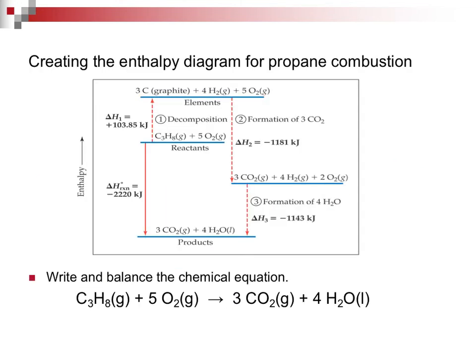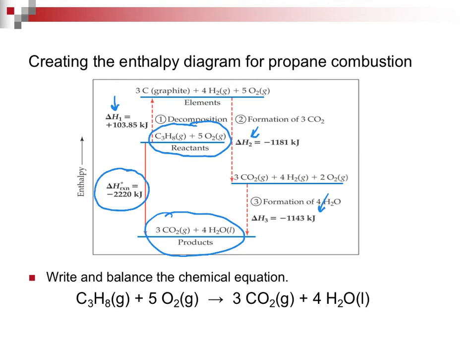What I want to finish up this chapter with is the reason why we did it. Remember in the beginning of the chapter, I said you will be able to create an enthalpy diagram for propane combustion. Here we have our reactants, propane. Here we have our products, CO2 and water. By working through this chapter, you now know what is a delta H1, what is a delta H2, and what is a delta H3. That's what we're going to explain as we wrap up this chapter. You know what a heat of reaction is, and we're going to show that also as we work through it.